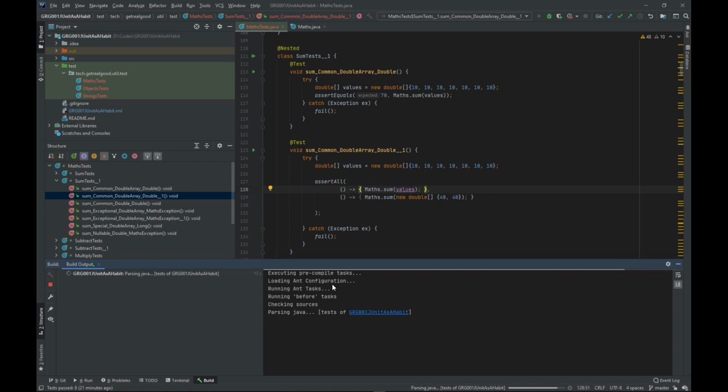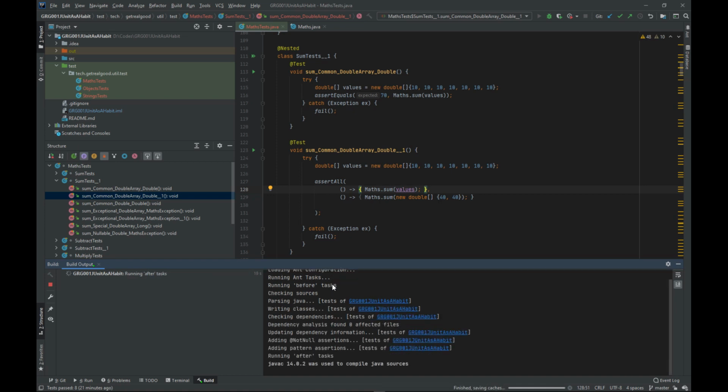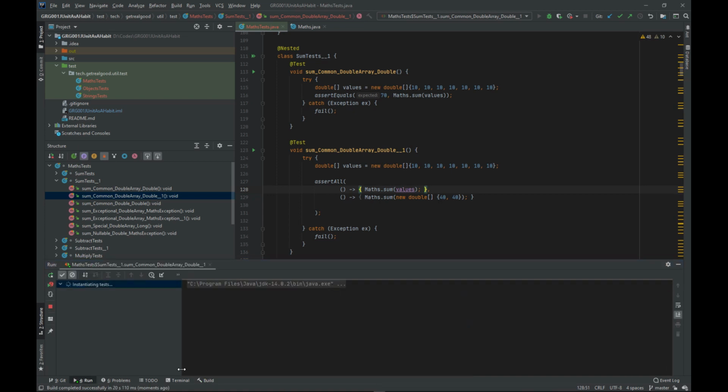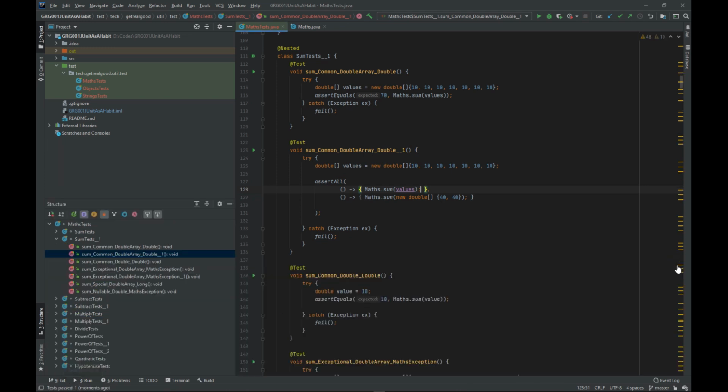You'll have to wait for it to do its thing. And now it should pass. Excellent. Alright, having demonstrated the workings of the assertion method assert all, let us now go to the next unit